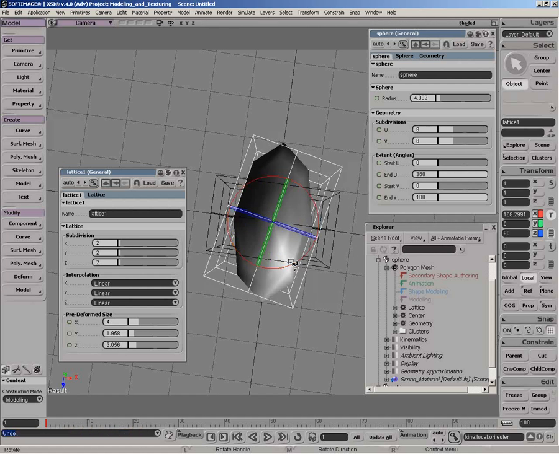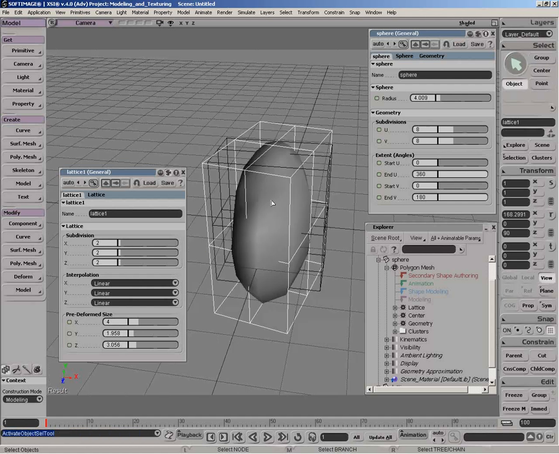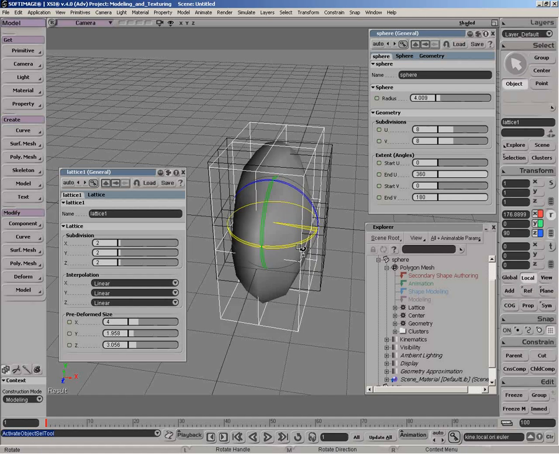If I had tagged all the points and then oriented it, I'd get a very different effect, because it's doing the deformation on the points. So sometimes when you apply a lattice to components, you can simply orient it with the object selected like so,